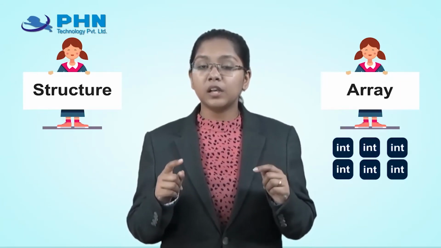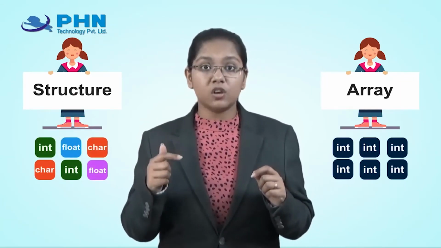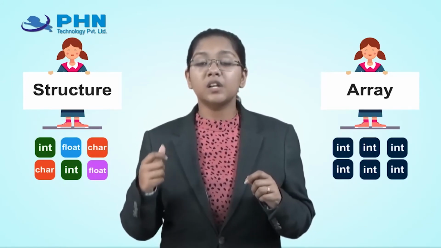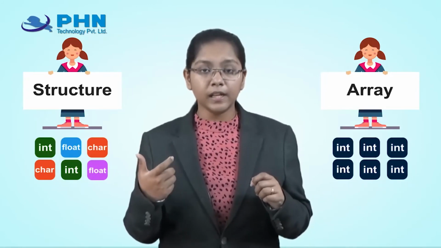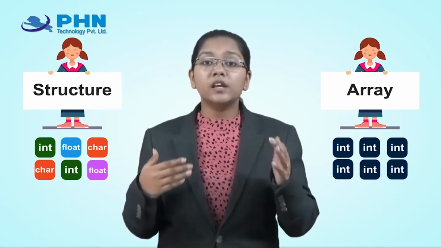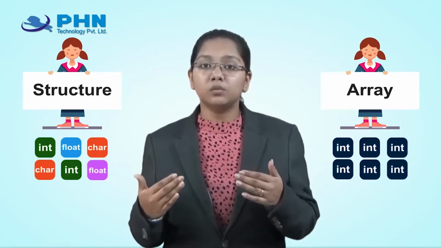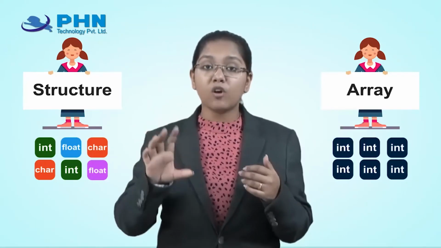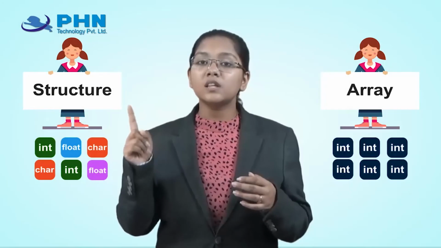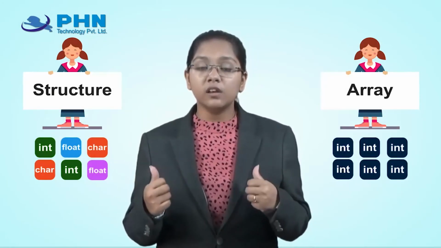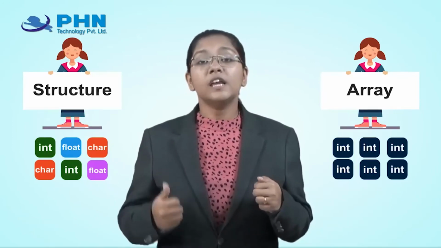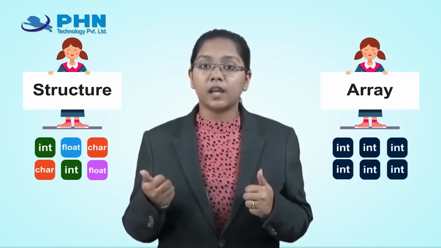Whereas in structure what happens? We have seen the parameters were like name, age, where age is my int, name is my char, whereas branch and address are also char, right? So this is the combination of character and integer values. Now these different data type values I am storing in a collection, I am forming a group over there. So that is known as a structure. So what is the difference over here? An array is a collection of similar data types, whereas a structure is a collection of different data types.